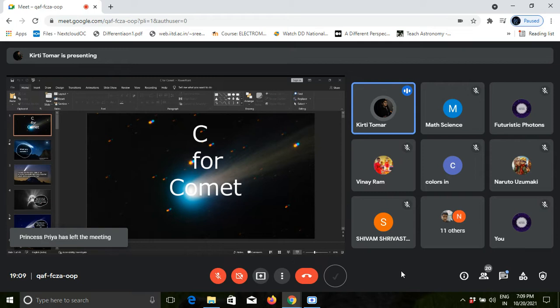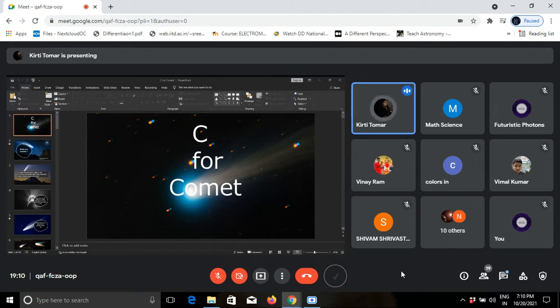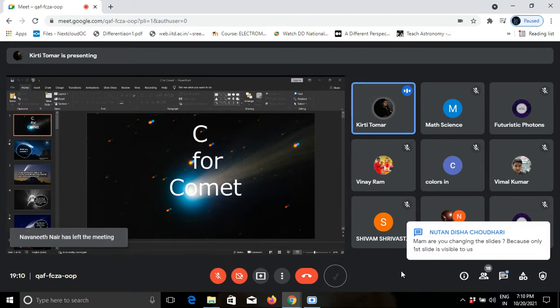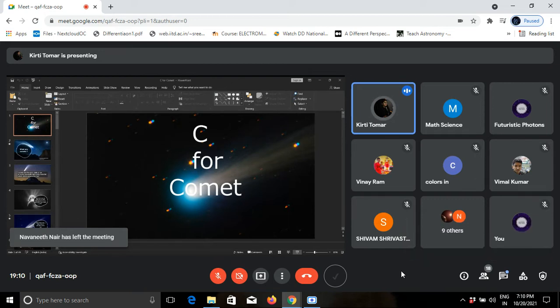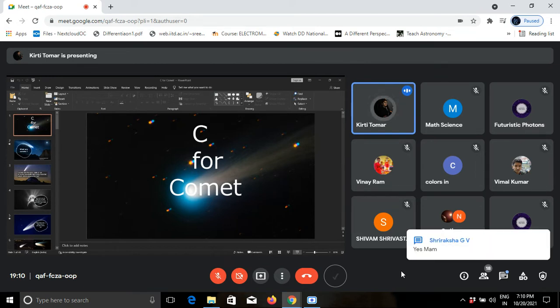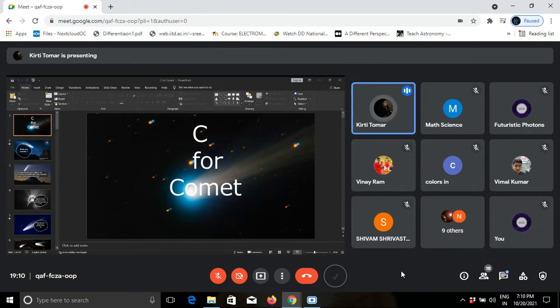Comets have an icy center, its nucleus, surrounded by a large cloud of gas and dust, which we call the coma. Comets can develop two tails as they travel closer to the sun: a straight gas tail and a curved dust tail. As you can see in this picture, the ion tail and the second one is a dust tail. The two tails of the comet are there. The gas tail is created by the solar wind pushing gas away from the comet's coma and pointing straight back from the sun. And the dust in the coma is not affected by a magnetic field but is vaporized by the sun's heat and forms a curved tail which follows the comet's orbit.